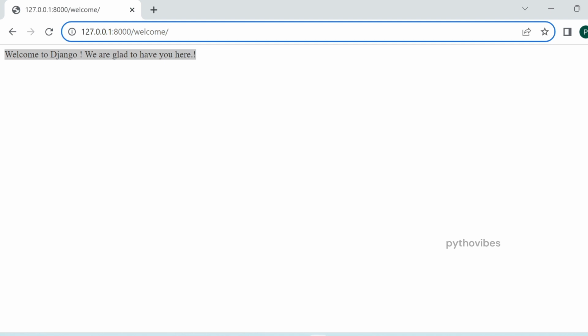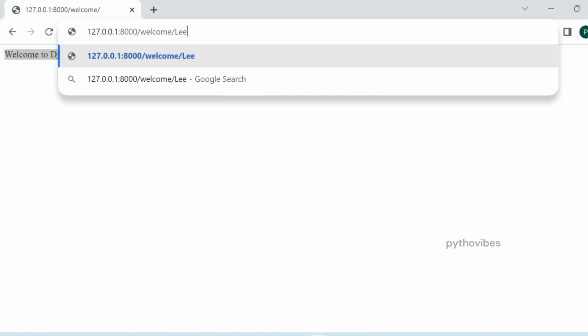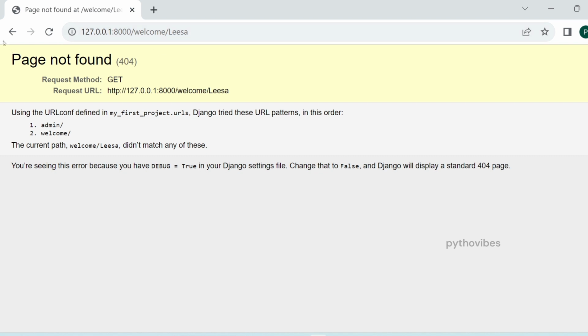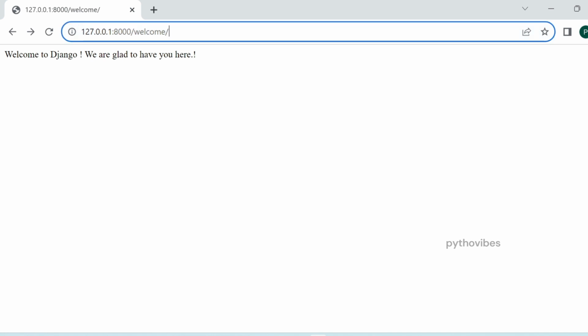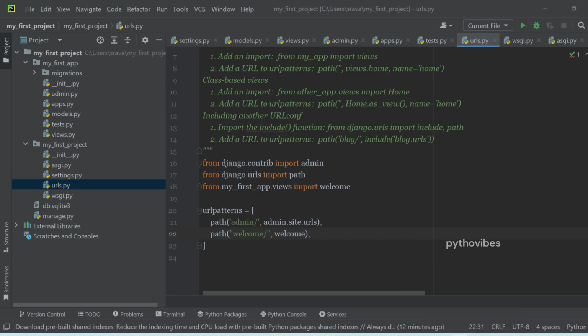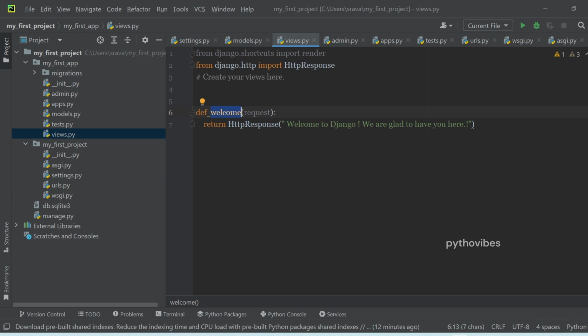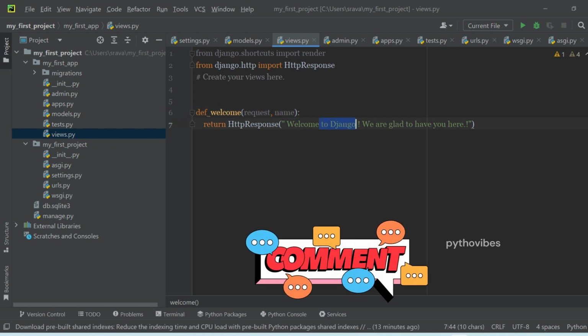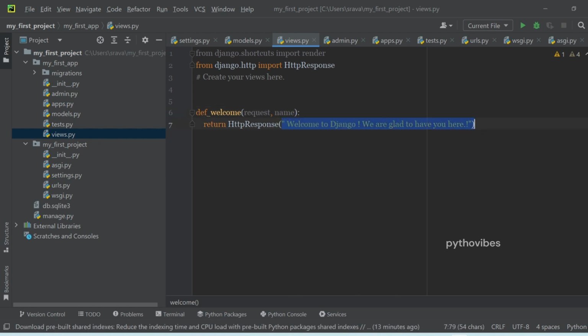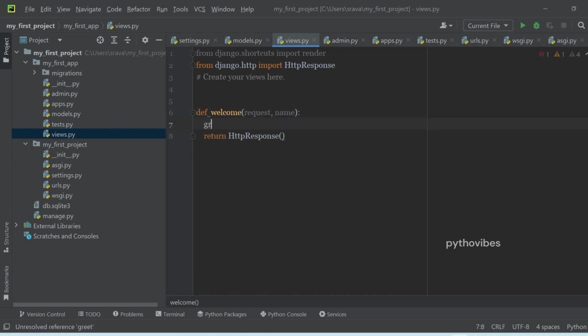Suppose I just wanted to pass some name here like Lisa, and I wanted to have some message saying that welcome Lisa, we are glad to have you here. So whatever the name we are passing here, dynamically it should wish that person. So that is our next requirement. So I'll just go to the views inside my app, and then along with the request parameter, I also pass the name variable argument to this. So I will take this entire thing into one variable saying as greet or else message